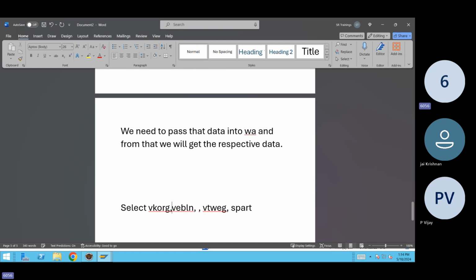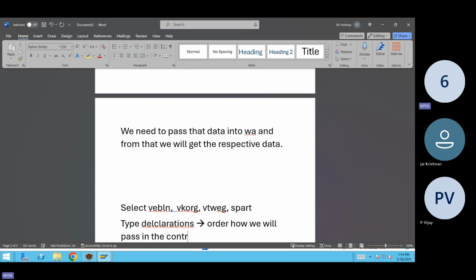So whatever the field, maybe I'm going to use that at a different place. So I'll be saying this as VKORG. The same order I'm going to use in a different place. Now, in that case, you need to go ahead and create one more types declaration with the fields that you want, or the order in which we will pass them in the